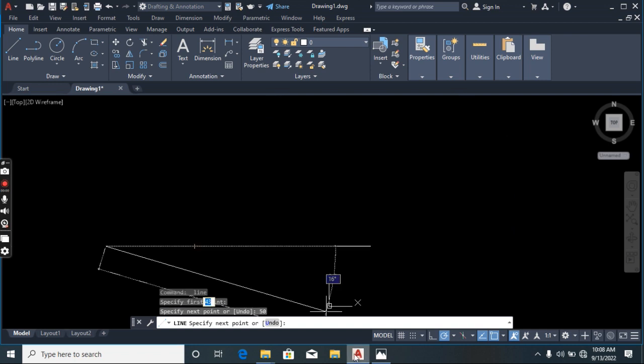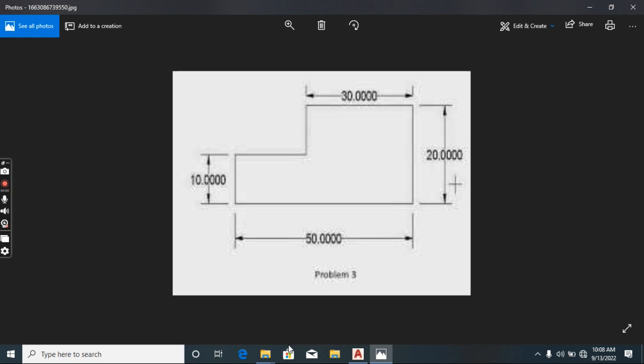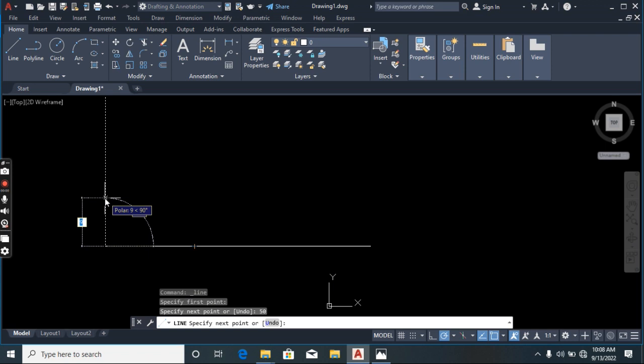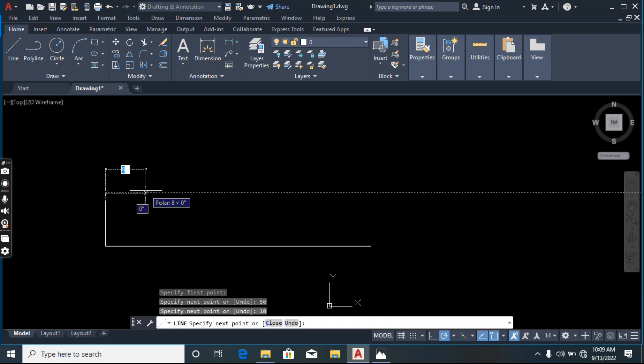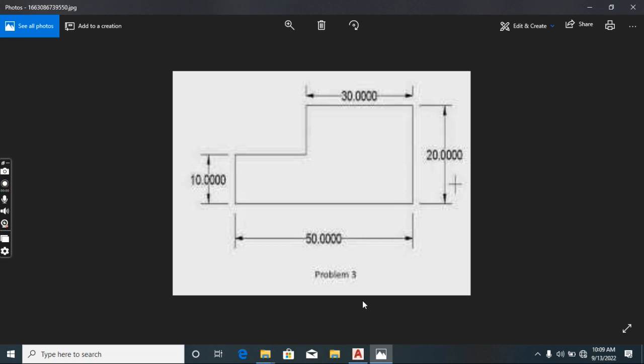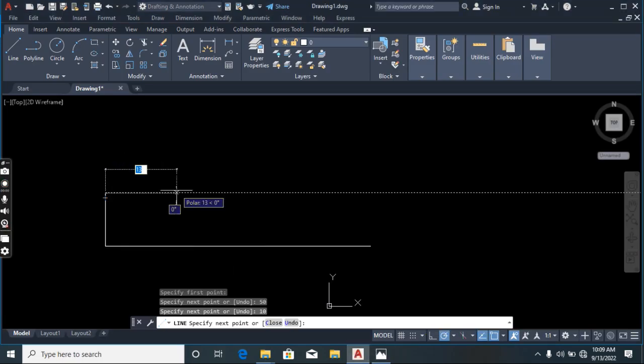and what is here? This is 10 at this side. Okay, so we have 10 and enter. What do we have again? So you see, this is our problem. From here to here is 50, and here we have 30. So that means from here to here is 20. So we can go 20, enter,